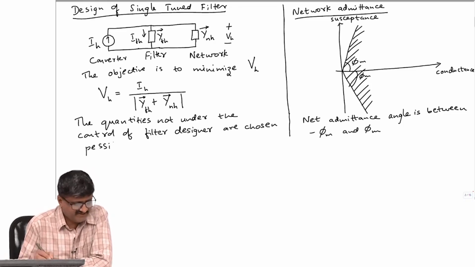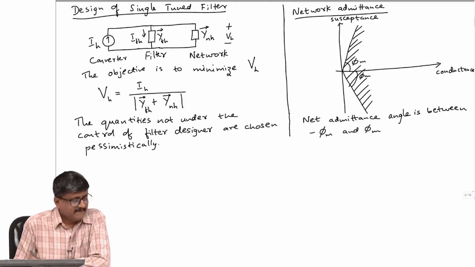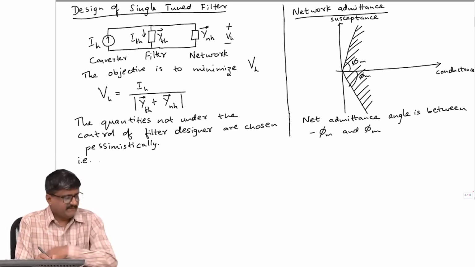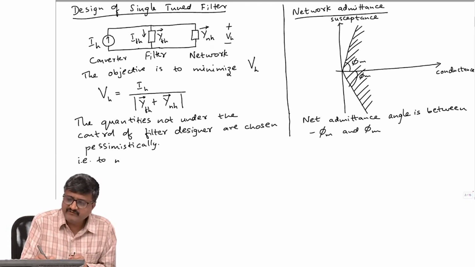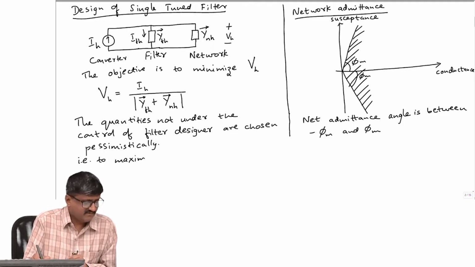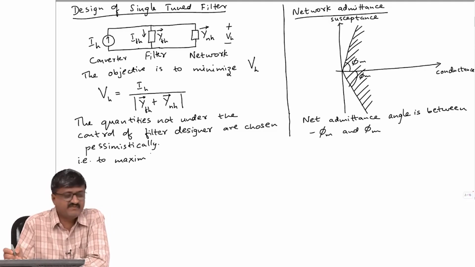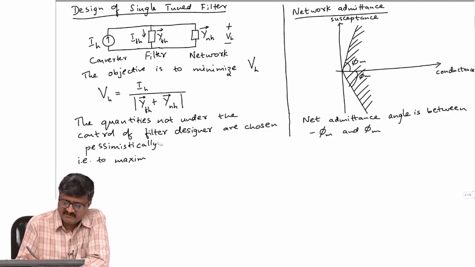That means we are choosing the worst case. Pessimistic, so that means to maximize VH. Say our objective is to minimize VH. Pessimistically means, okay, I will remove the comma here, to maximize